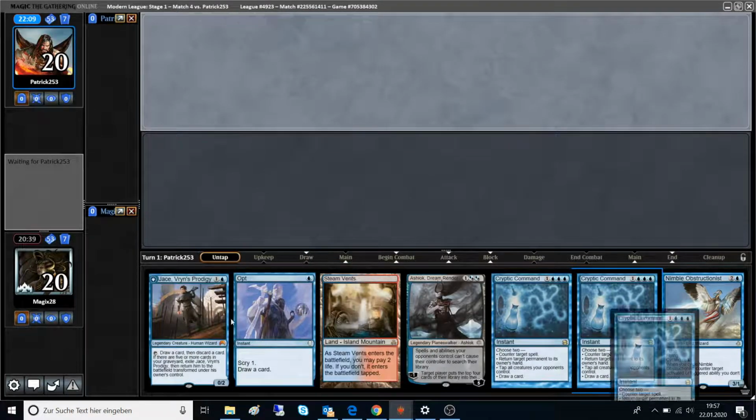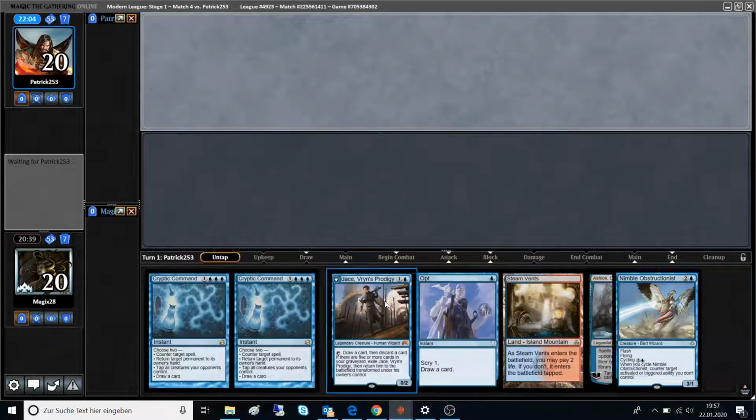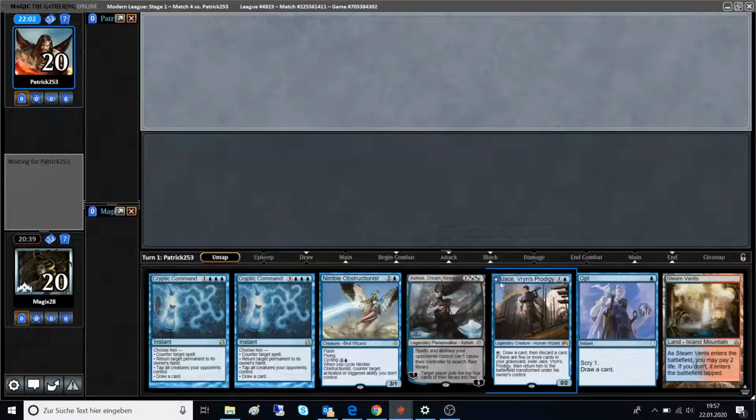Well, it has an Ashiok and the Opt. We are on the draw. If we find 2 lands, or even the second land with a Jace, it could be fine. It's a greedy hand, but let's gamble this here, because I like the contents of this hand. You want the Cryptics. You have these 2 to stop triggers, or they're searching, so...